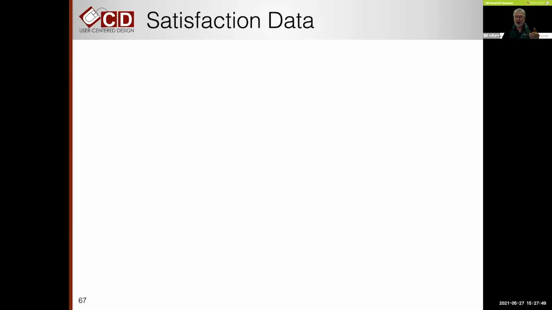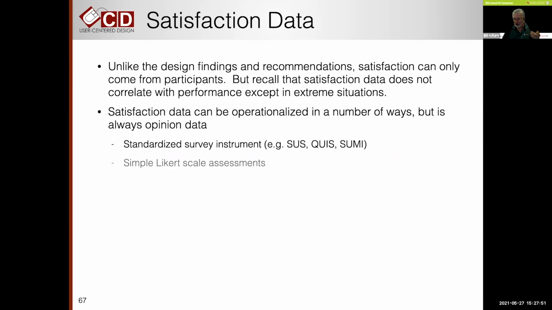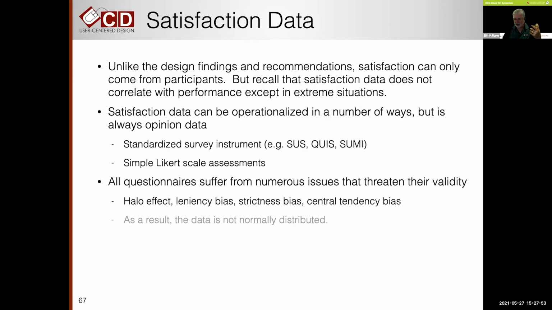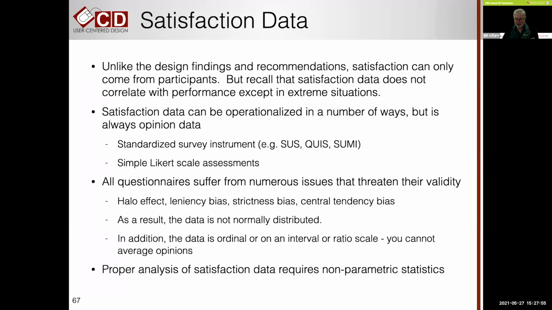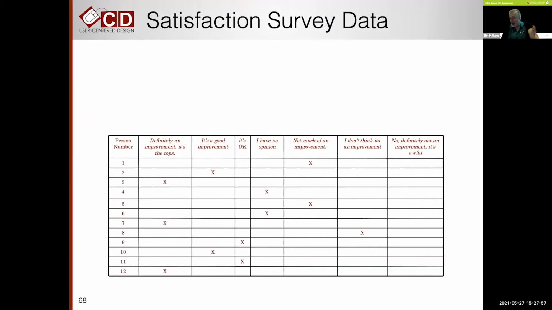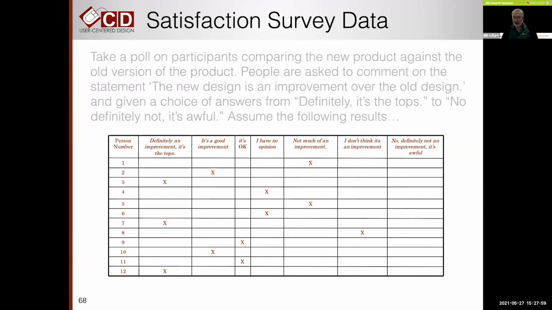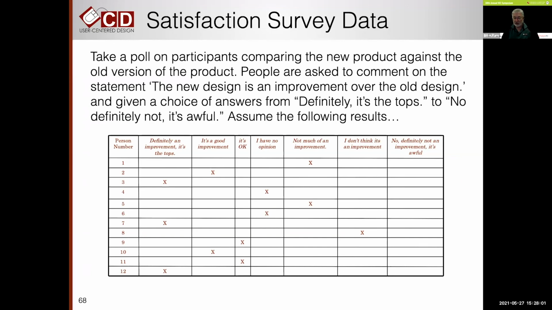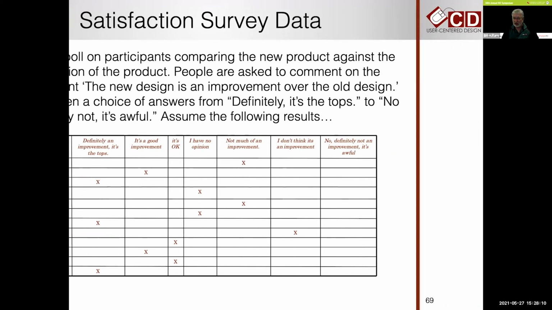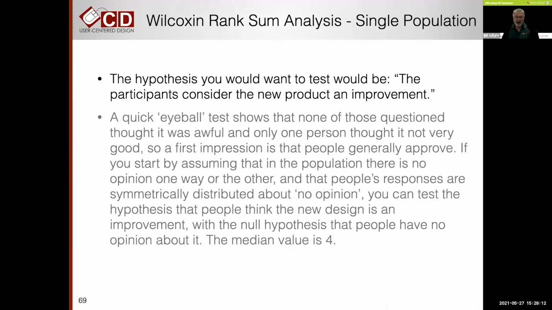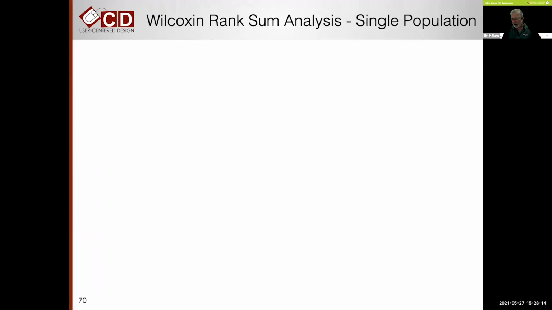But if you did, for some reason, want to come up with some kind of analysis of this data, it's not from using a simple thing like an average, which is based on parametric statistics. There is a non-parametric approach to looking at satisfaction data. It's called a Wilcoxon rank sum analysis. So if you did ask people their opinion, and it was on a scale like a 7-point Likert scale, you take that data and run the hypothesis saying whether you believe that it was positive or negative,